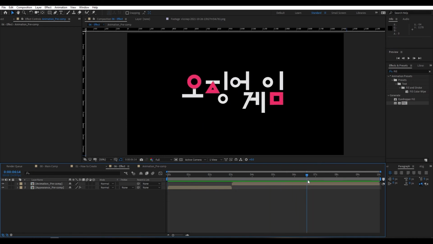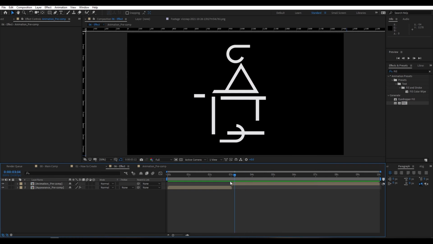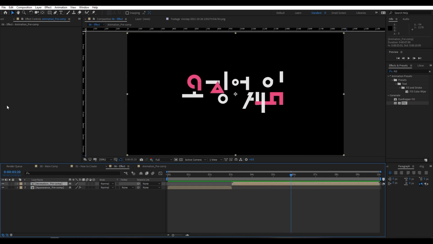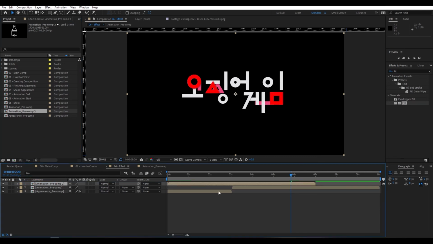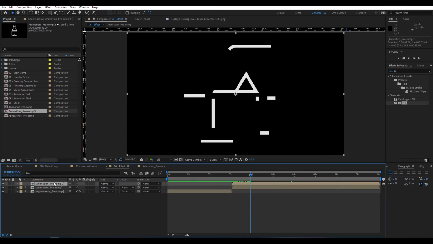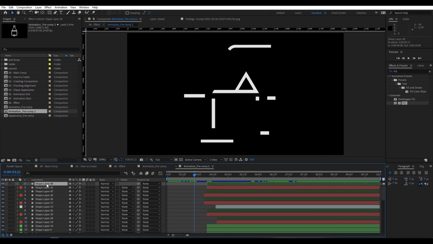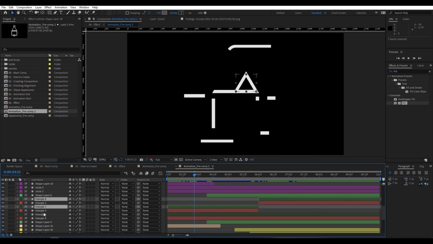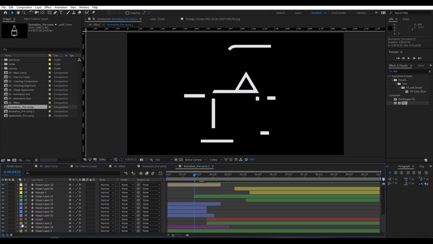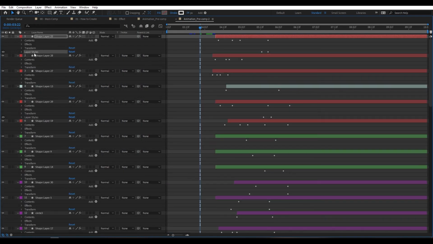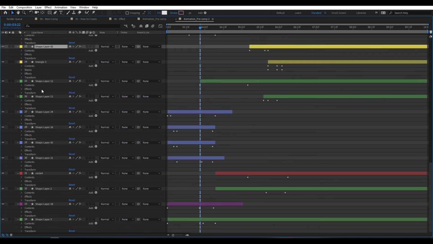Good. Now I will create the chromatic aberration effect, and to do so I will duplicate the animation pre-comp, go to the project panel, duplicate it from here, drag and drop it to the timeline. Now open it, delete all the color changing layers just because it's totally unnecessary to have them. And now delete all the layer styles from the shape layers,